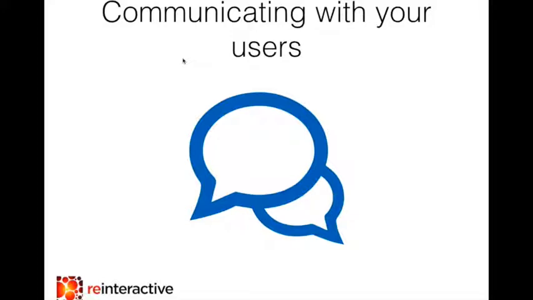you want to be getting their valuable feedback. To do this, you need to give clear instructions to those users on how they're going to be able to communicate with you, and provide tools and mechanisms for them to communicate with you. The aim, of course, is to find out where the product can be improved and what is important for the next iteration of your build. You want them to be giving you feature requests and bug fixes and all sorts of things. So you want to get that communication up really high so that you are getting the most out of those